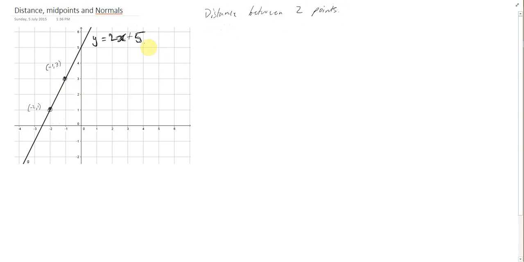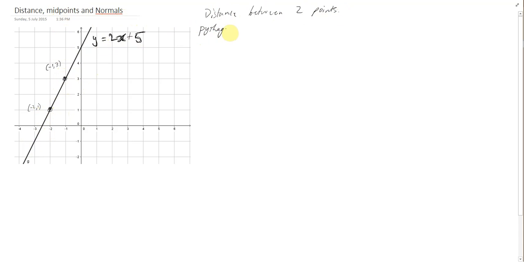Okay, so here we've got a linear line of y equals 2x plus 5, and there it is. And we've got these 2 points here. So this bottom one is minus 2, 1, and this one here is minus 1, 3 for that coordinate. And we want to know the distance between those 2 points. Well, it's not that hard. All you've got to remember is a little thing called